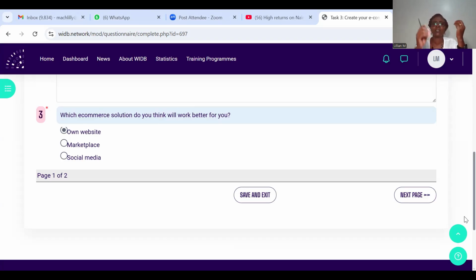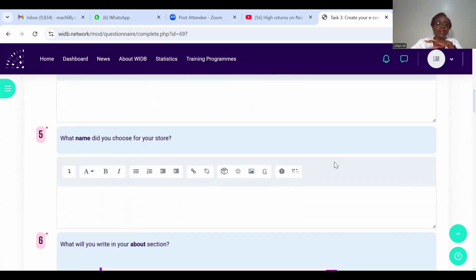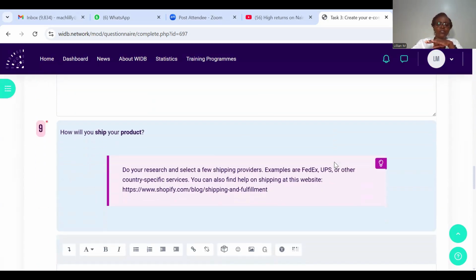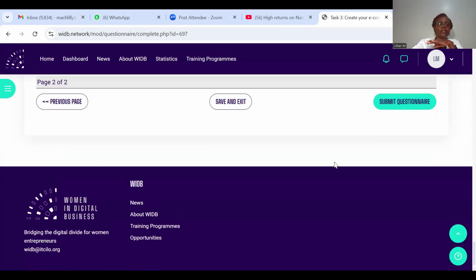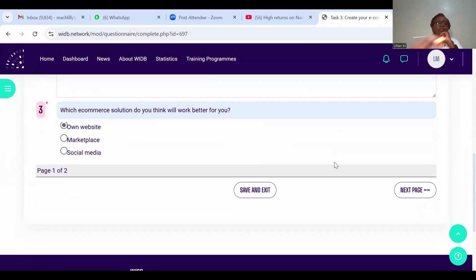Are you going to be on the ones that are for media, the ones that show videos and a lot of images, or are you going to be in a social media space that allows you to talk about your product, write about what you do, write about the solutions, write about the challenges that people who come to you face? Choose whatever it is. If social media is working for you, then social media it will be. So now let me go back and ask Pauline. Pauline is the one on our hot seat for us today. Yes, Pauline. So for you, when you look at your business, for question number 3, which e-commerce solution do you think will work better for you?